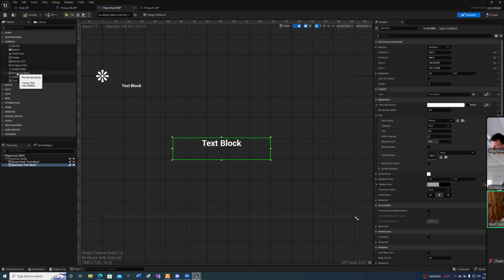Rich text is a little more annoying, but once you drop it over here, you can play with the font, size. You can add different shadowing effects and stuff like that. And then also here under content, I can actually decide what it says. So I could type in, you win or you lose, and then